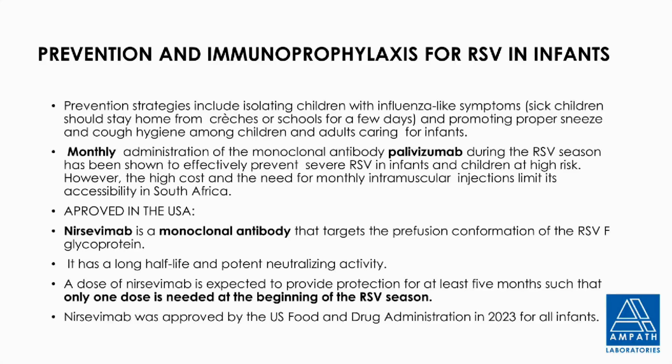And you just need a dose of this, which gives you quite a long duration of protection for at least 5 months. And you give it at the beginning of the RSV season. So that I know is available overseas. I'm not sure whether it is available locally, but just a point on immunoprophylaxis, and previously the mention of Abrysvo